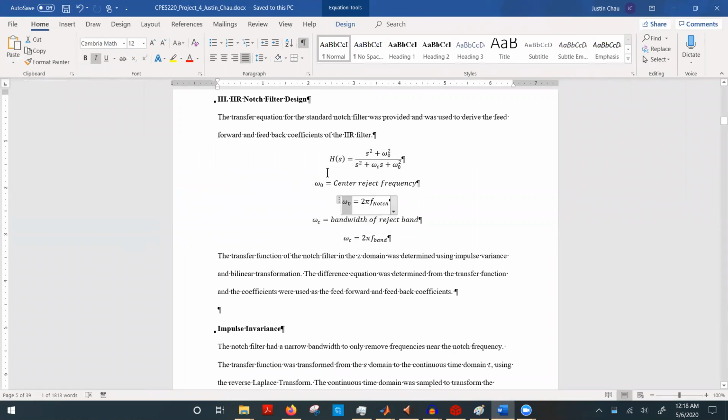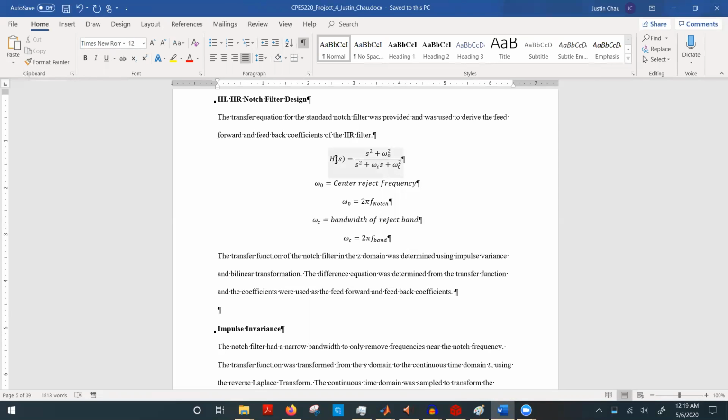So this transfer function is in the S domain. There are two ways to obtain the IIR filter difference equation from the transfer function in the S domain. We can either use impulse invariance, or we can use the bilinear transform. Impulse invariance is the longer method, but it can sometimes be more accurate than the bilinear transform depending on